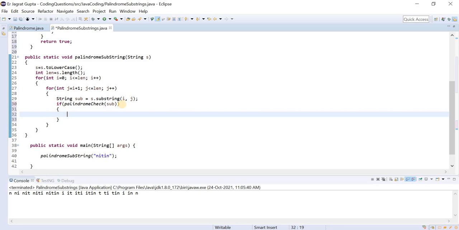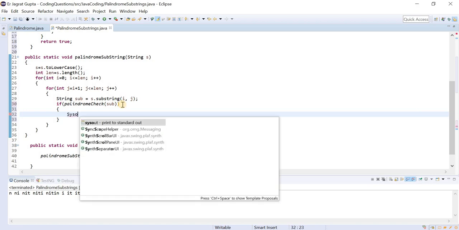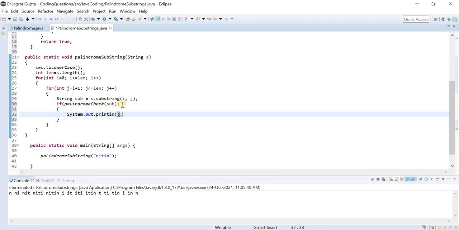We can print this string. So System.out.println, we can say like this, sub. That's it. This is the thing that we want to do.